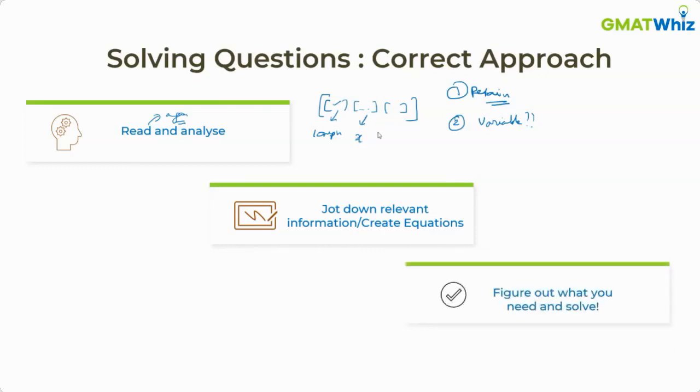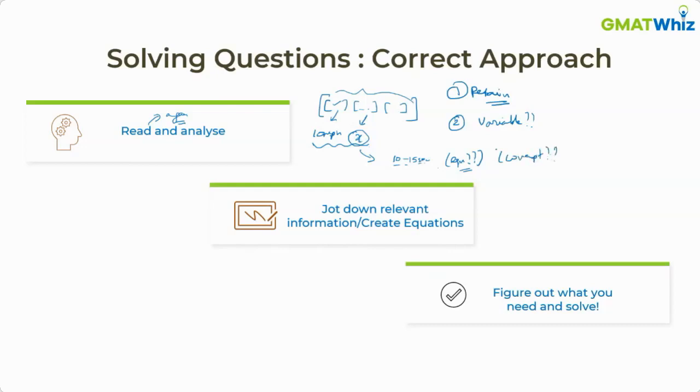And of course, after jotting down all the information, instead of directly jumping into calculations, you should pause for about 10-15 seconds and think, okay, with all this information, what can I do with this? How do I set up my equation? If I need X, what kind of equations can I set? And is there any way to set it or not? Or is there information given in the question that can help me set an equation automatically? Or is there a concept that I'm missing, I haven't used?